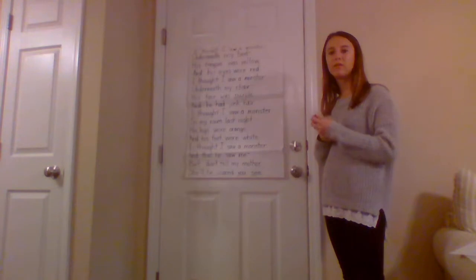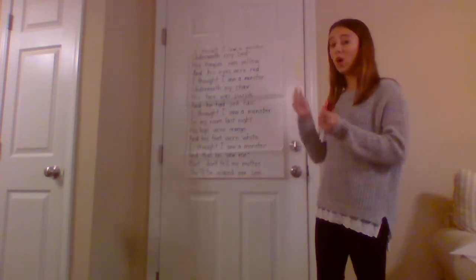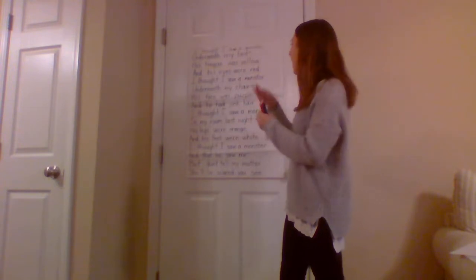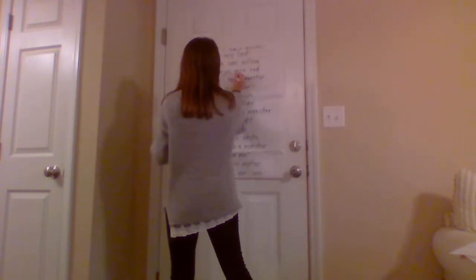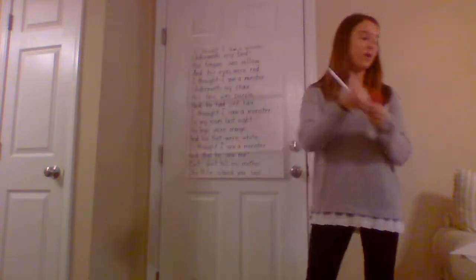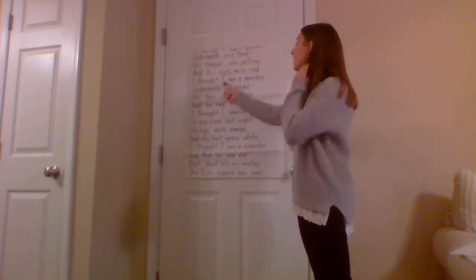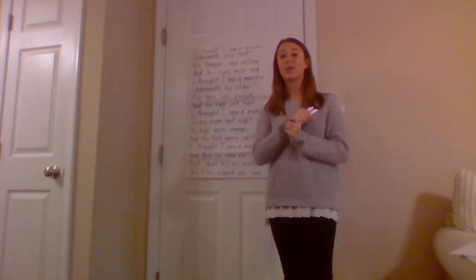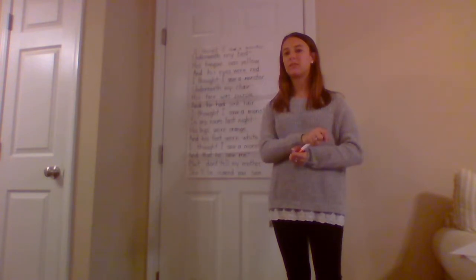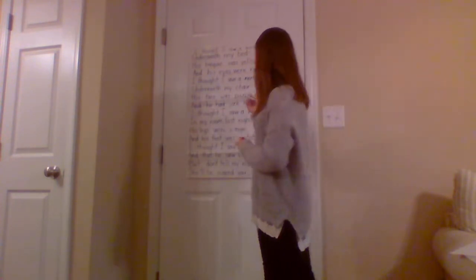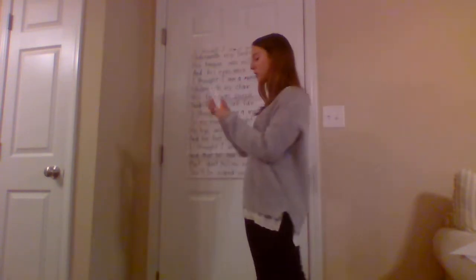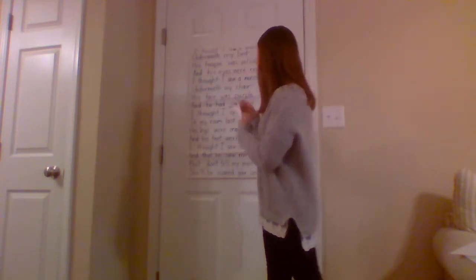All right, what do you have? His tongue was yellow and his eyes were red. Okay, good. So his tongue was yellow. I'm going to underline this in yellow. And that's describing the monster, and then his eyes were red. I'm going to underline eyes were red. Okay, very good. So I thought I saw a monster underneath my chair. His face was purple, and he had pink hair. So what are the descriptive words in this? The face was purple and pink hair. Okay, so we're going to underline face was purple, because that's describing our monster. And then pink hair.